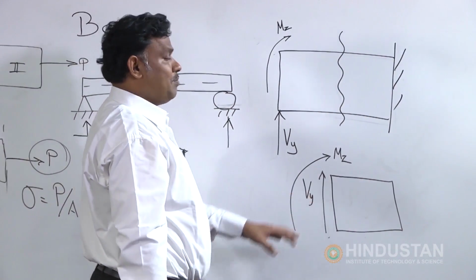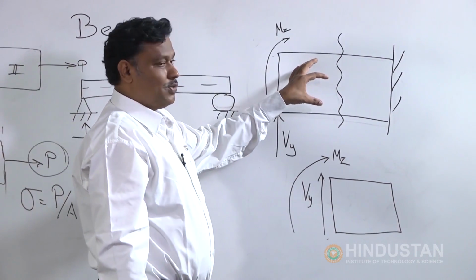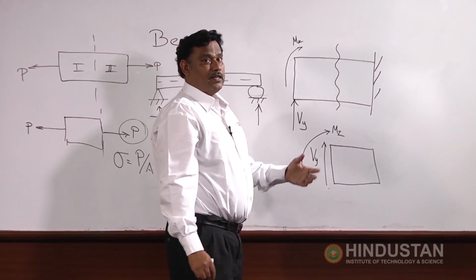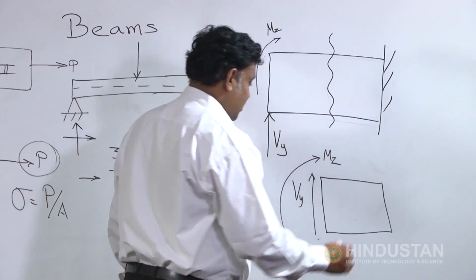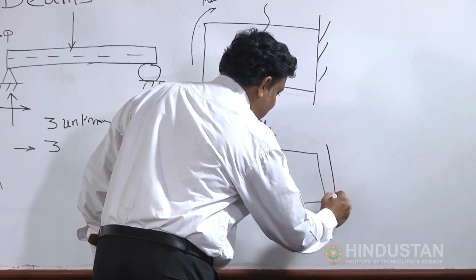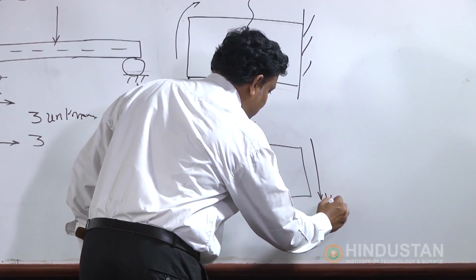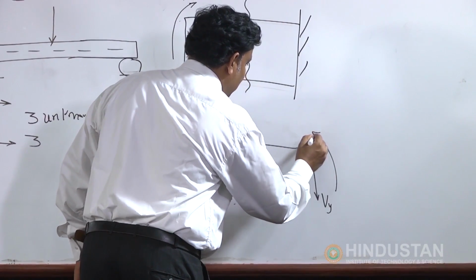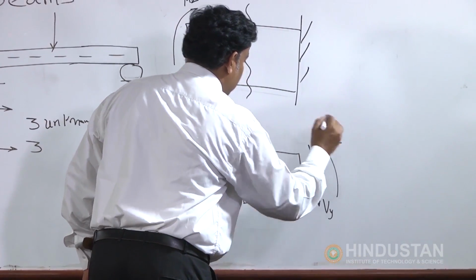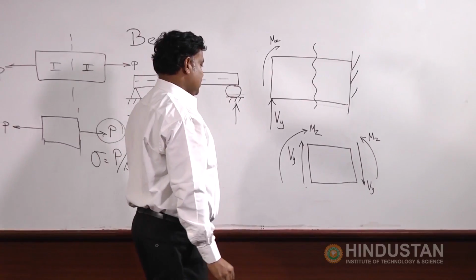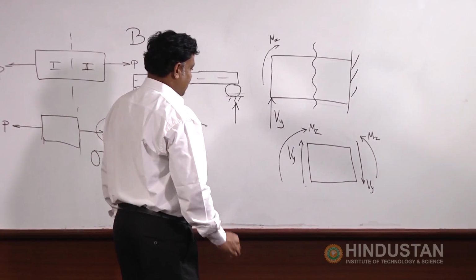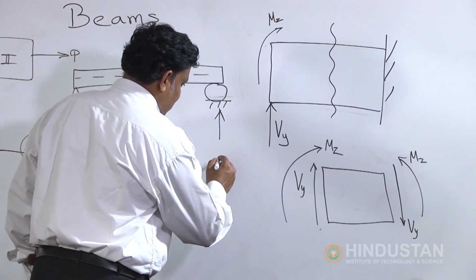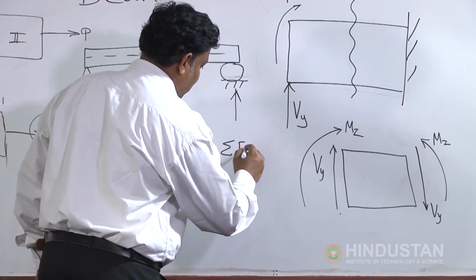So, this is nothing but the free body diagram. I have isolated the diagram from this one. I am showing what are the active forces and the reactive forces, and this is the resisting force Vy, and this is a resisting moment Mz. Now, this is not in equilibrium, because when you see the force is in equilibrium, vertical force equal to 0,